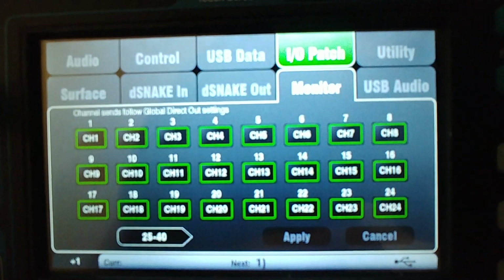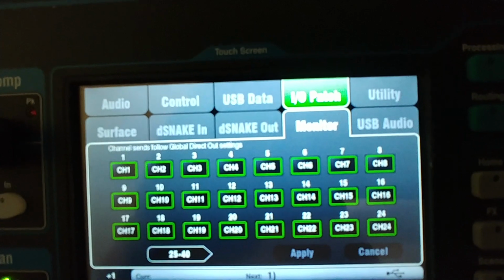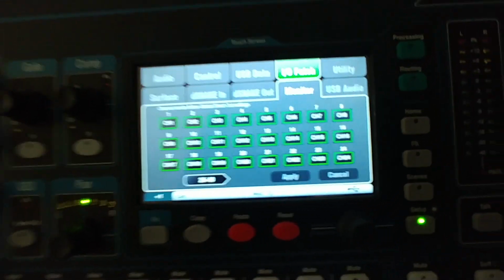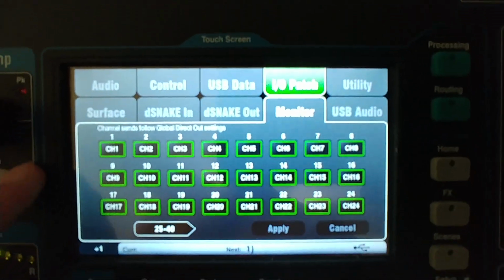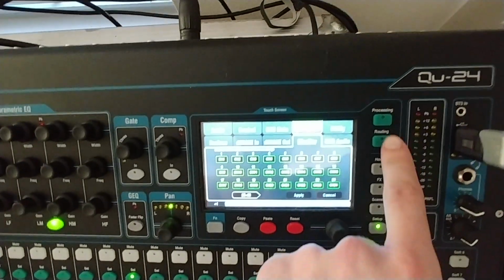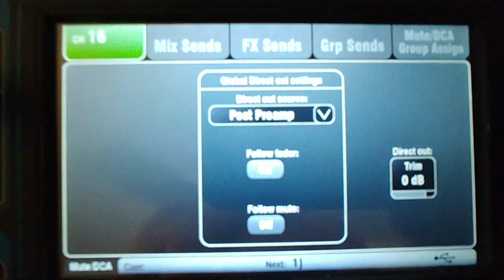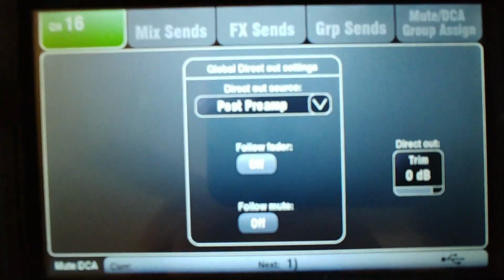So monitor, just make sure that that is set 1-to-1, so the channel input would go to the same monitor output. And then also make sure that the global direct out settings